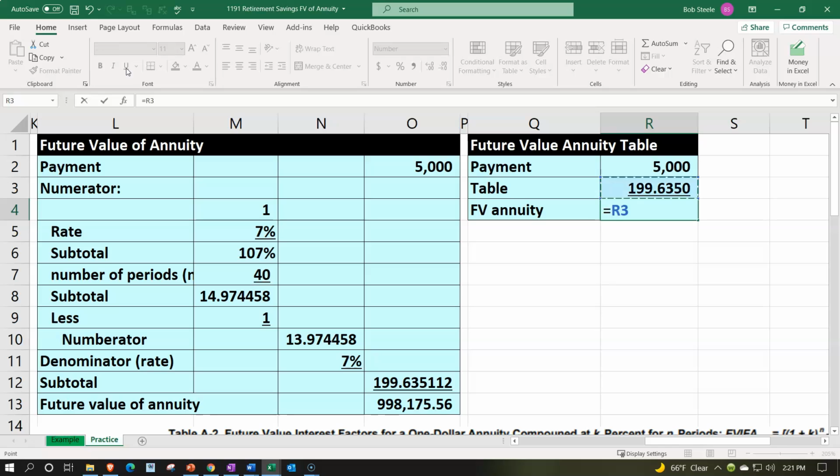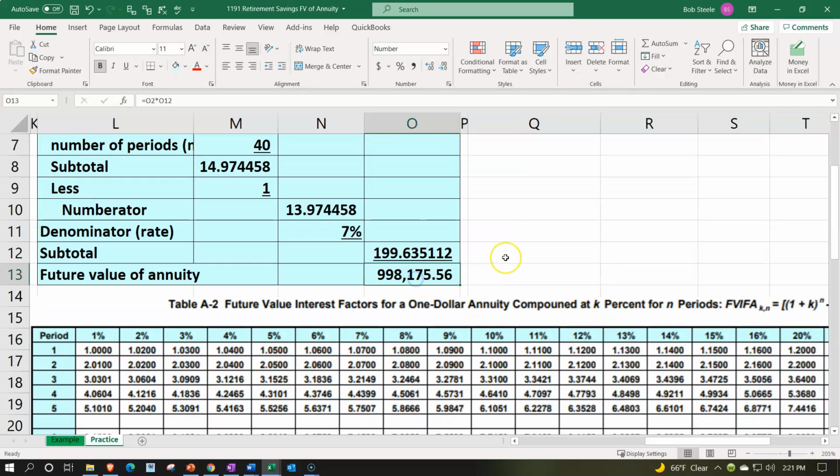Multiplying this out, this is the 5,000 times the 199.635. Add a couple decimals there, Home tab, number group, couple decimals. We're at the 998,175, slightly different than the 998,175.56 due to the fact that this number right here, which is the number that is used to